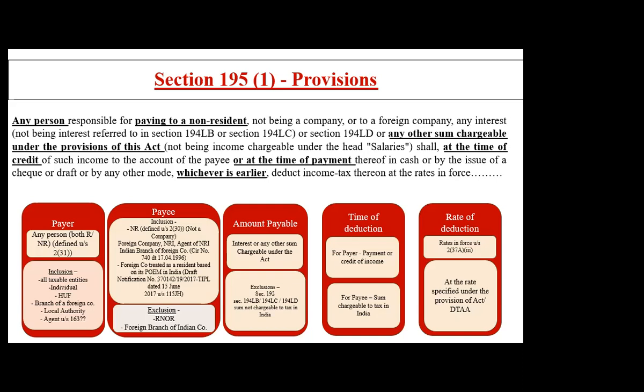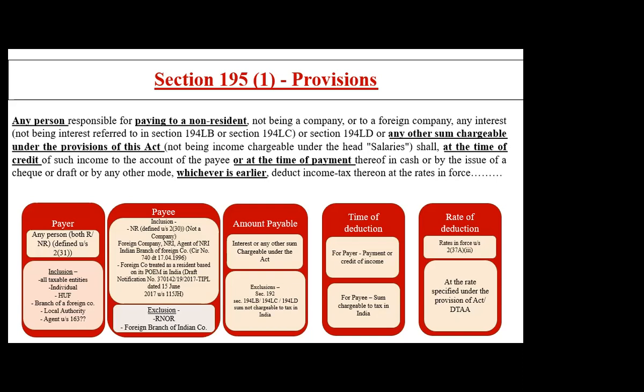Now, responsible for paying. In case of an individual, responsible for paying comes to his own individuality. He has to pay, so he is responsible for paying. In case of a company, we go to Section 204, where the principal officer is supposed to pay. So he is responsible for paying. There is one more category, that is, agent under Section 163, which falls under responsible for paying. This is a new category which was inserted, I think, in 2020 only. And it says that even the agent of a non-resident would be covered under responsible for paying.